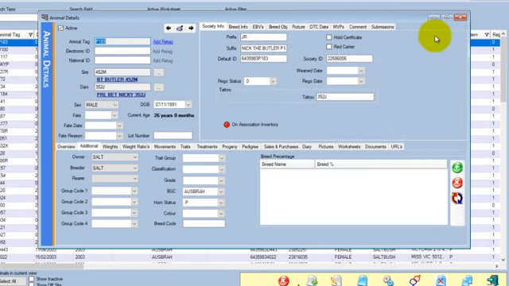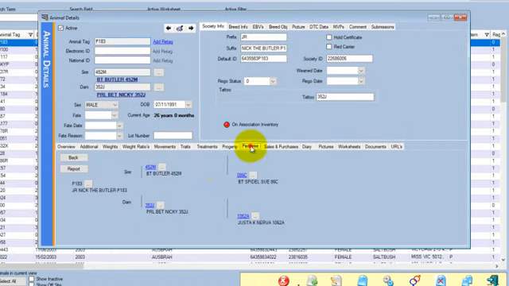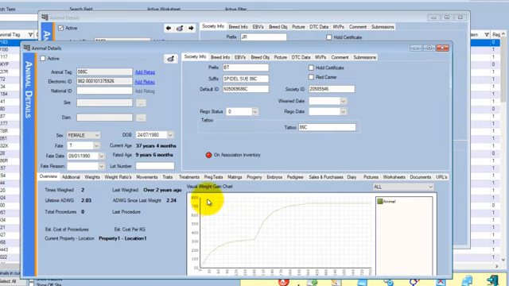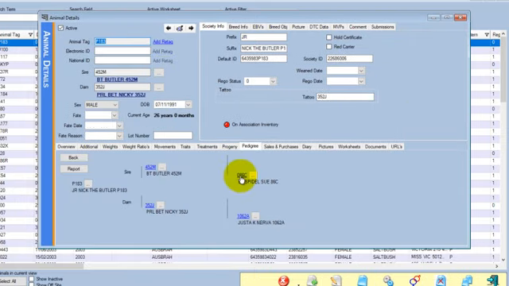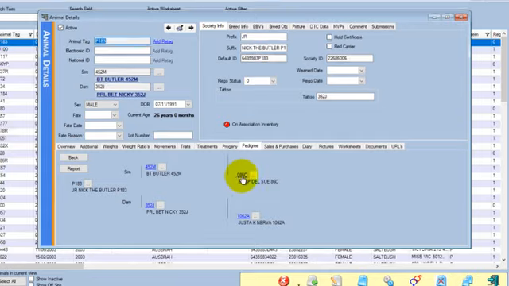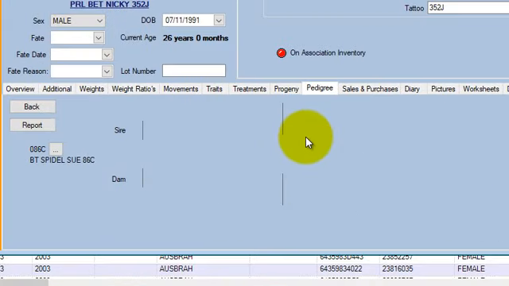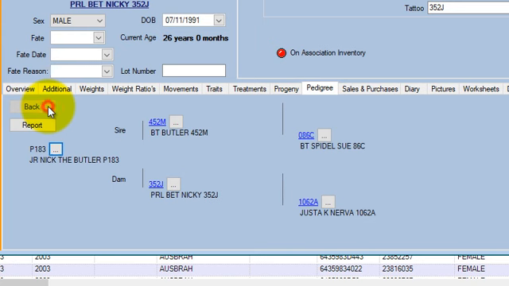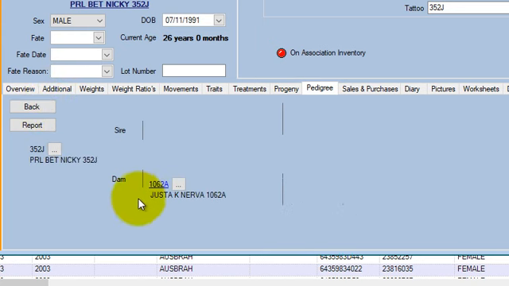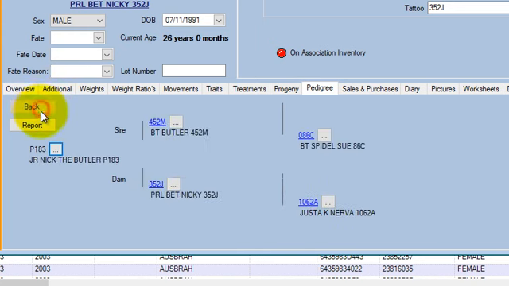And another thing we can do on the pedigree is click this little button to the right to go to that particular animal. So if we wanted to go to the Grand Dam on the sire's side, we could just click that button. You can also traverse the pedigree tree: if I click on the actual name, or the tag, sorry, of the animal, it will push forward into the pedigree tree. So if I go to this one, and we can go back,